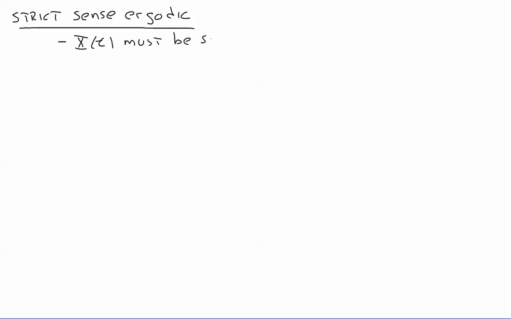Well, let's introduce a new word, ergodic. Let's talk about what it means for a random process to be wide sense ergodic or strict sense ergodic. First, it has to be stationary. For a random process to be strict sense ergodic, the random process must first be strict sense stationary. And what that means is that